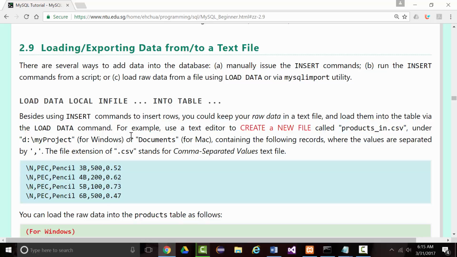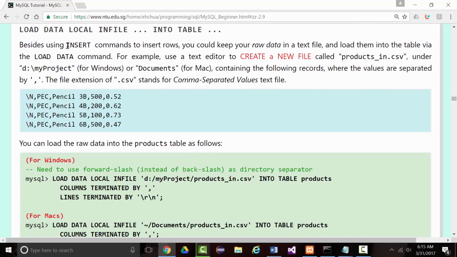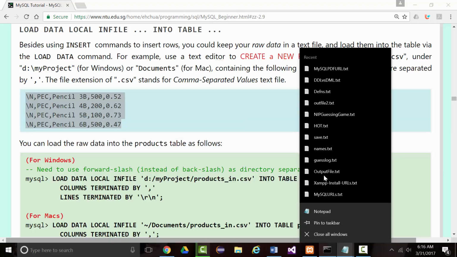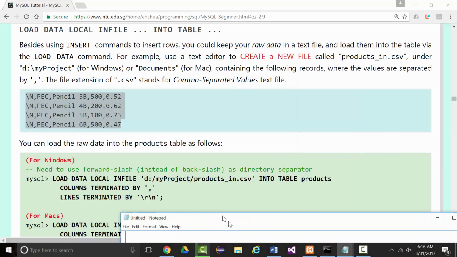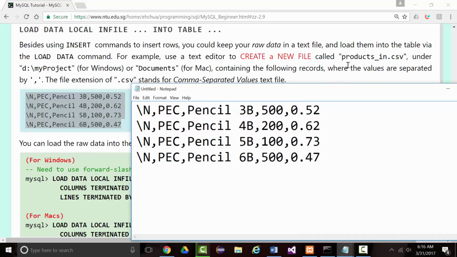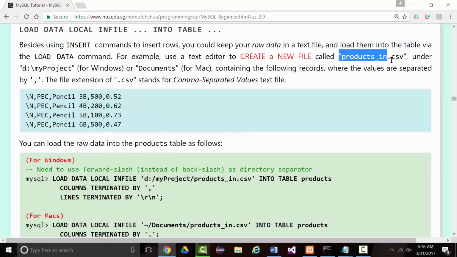So what we're told to do here is it says besides using insert commands, you could keep your raw data in a text file and then load them into a table using the load command. For example, use a text editor to create a new file that's called products_in.csv. Now I'm just going to copy this, and I'm going to bring it up in Notepad, which is always the safest way to bring this kind of stuff up. So there it is, and I'm supposed to save this as